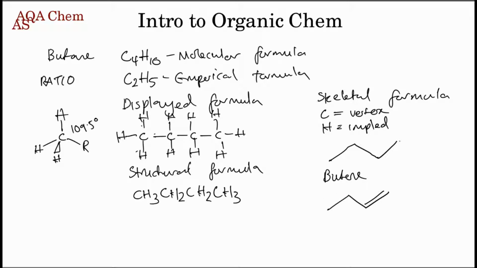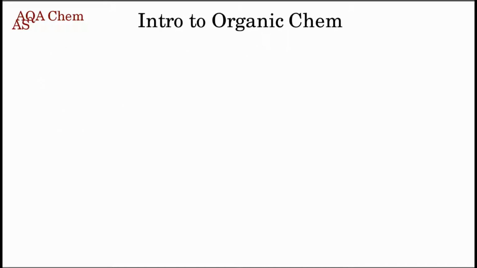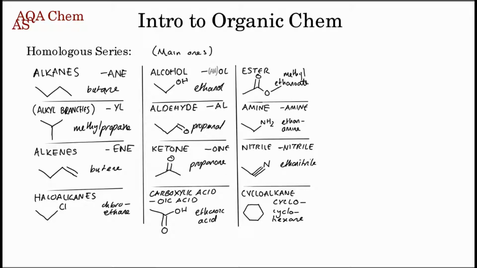Okay, so back to the homologous series, like there's alkene, alkane, and there's quite a few other ones that you need to know. The only thing that's different about them is their functional group. The functional group is like double bond here, and then nothing special on the alkane. It's what makes them react how they are. And I'll show you that right here. There's quite a lot of them. There's also can be quite a lot more.